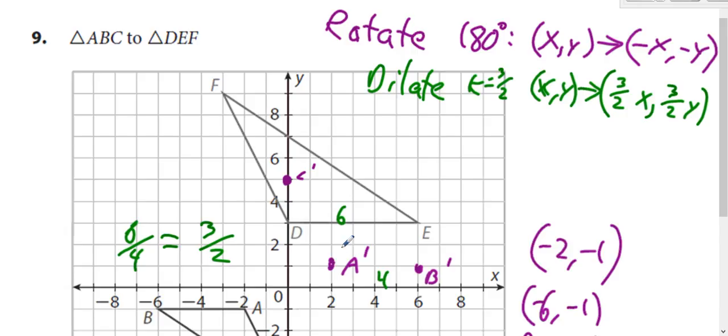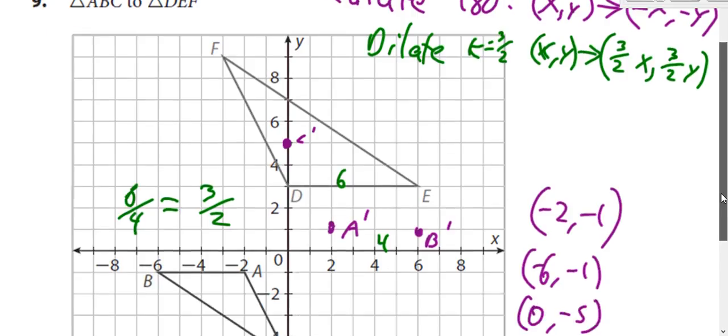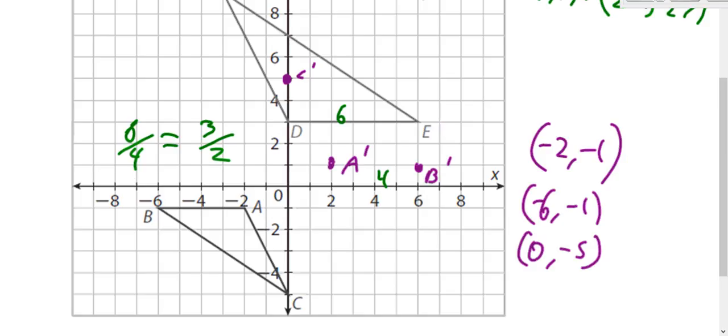So we're currently at 2, 1. Multiply by 3, you get 6, 3, and then divide by 2. So that means that our coordinates there for A